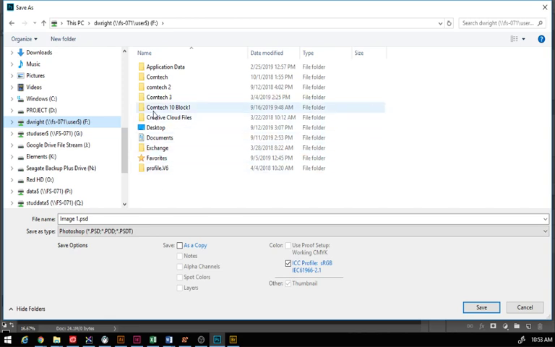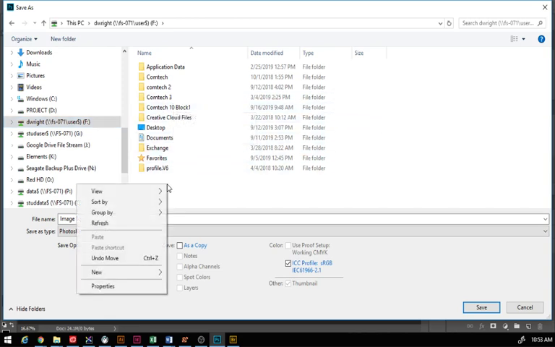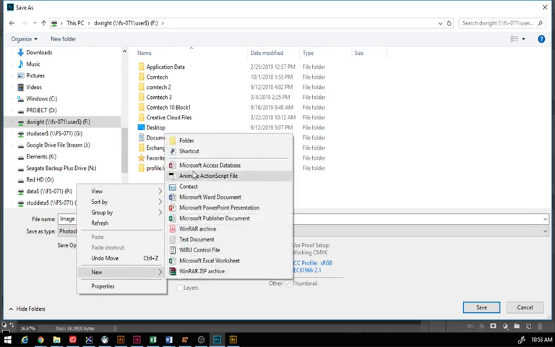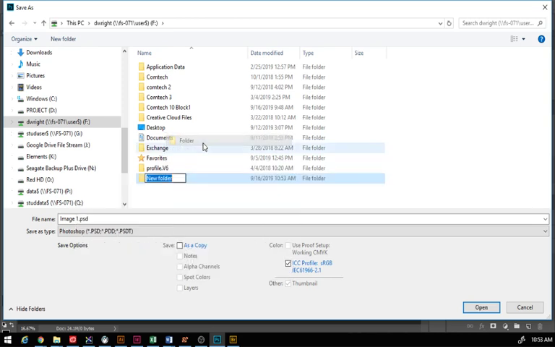So in my case, I made a block 1 folder. I am going to right click and create a new folder. And this folder, I'm going to label this Comtech 10 block 2. Go figure, right? So that I can put my images and photos and stuff for you guys for block 2 all in the